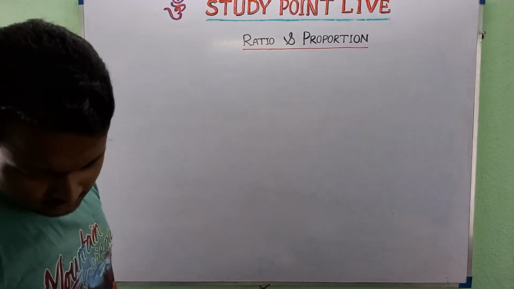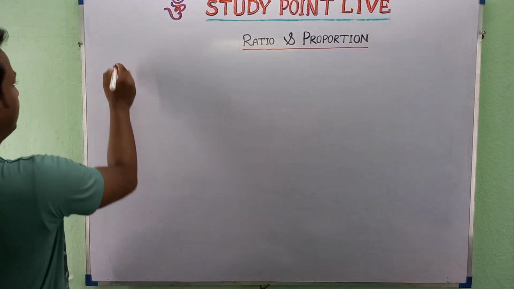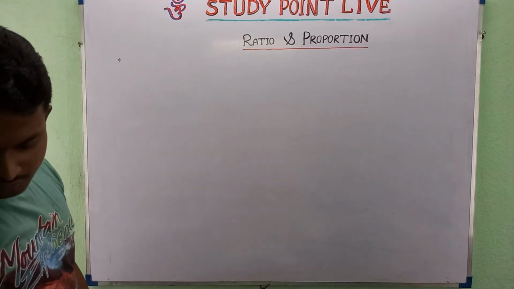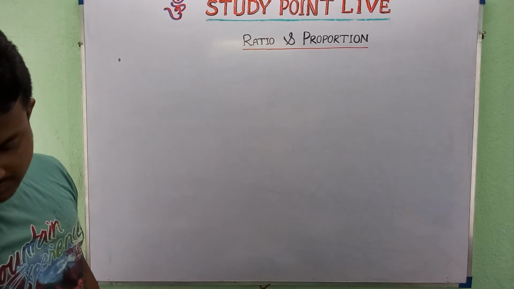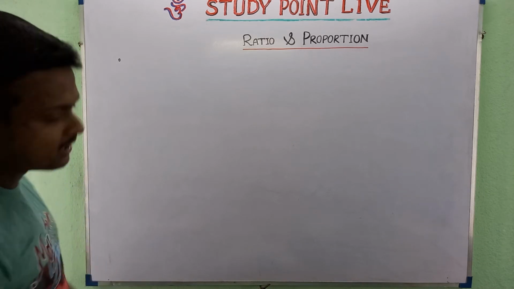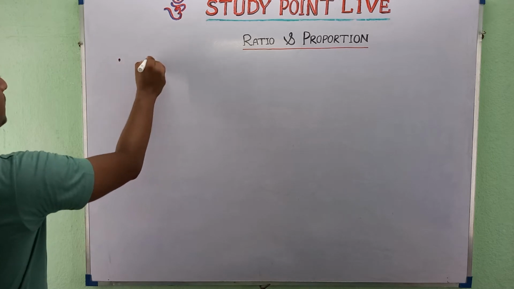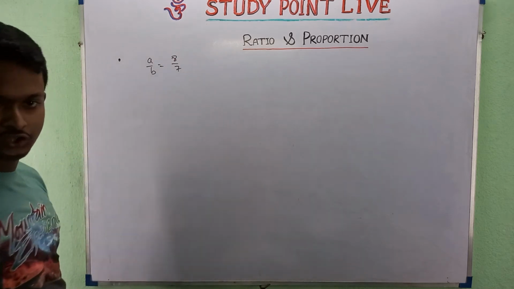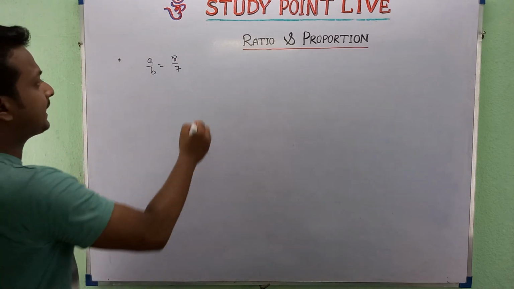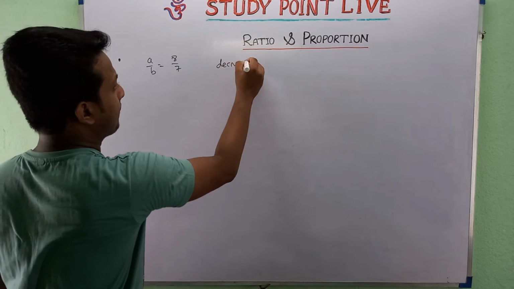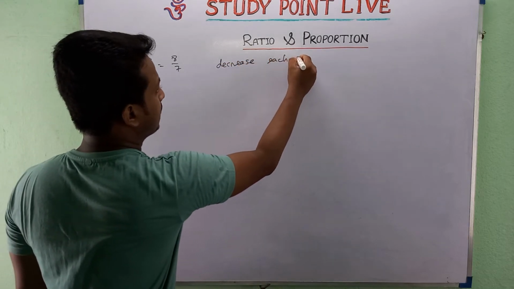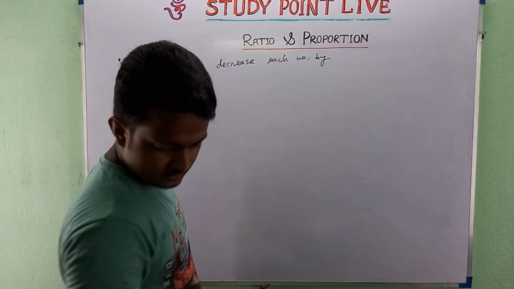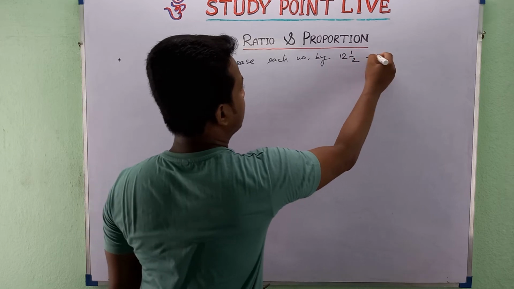See, first let me write the question over here. Find two numbers in the ratio of 8 to 7 such that when each is decreased by this, then the ratio becomes... initially suppose a by b is equal to 8 by 7. This is the ratio of two numbers. Okay, if we decrease each number by 12 whole 1 by 2, then the ratio becomes